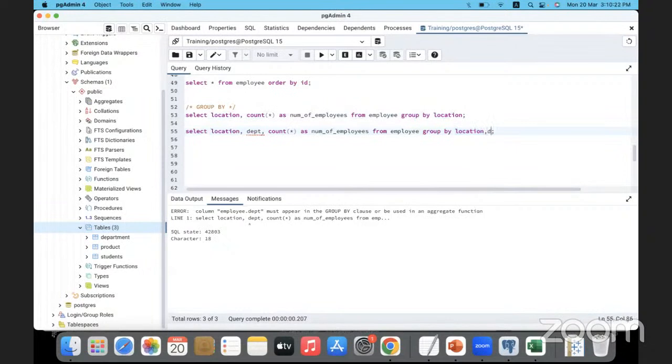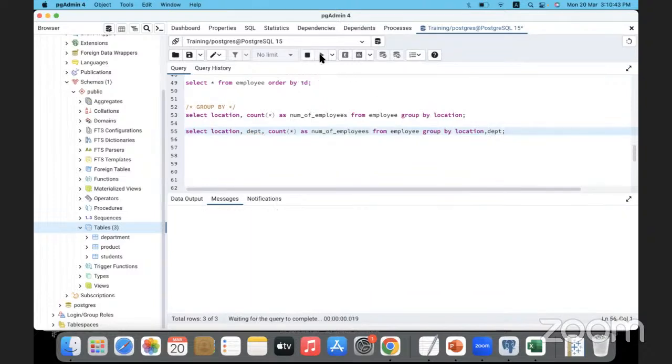So here I am supposed to specify department. The number of non-aggregate, regular, normal fields in the select should be equal to the number of ones in the group by. Means whatever you are selecting, you need to create groups based on that. We can't have inconsistent number of columns on either side. Now, when I run this, it will give me